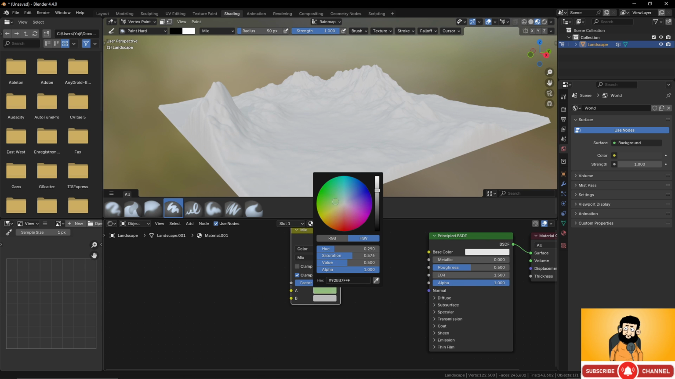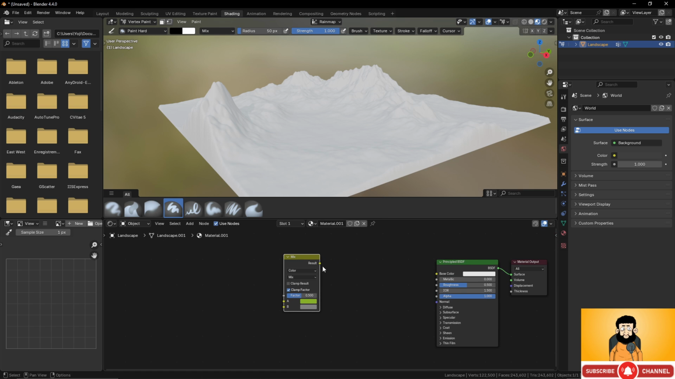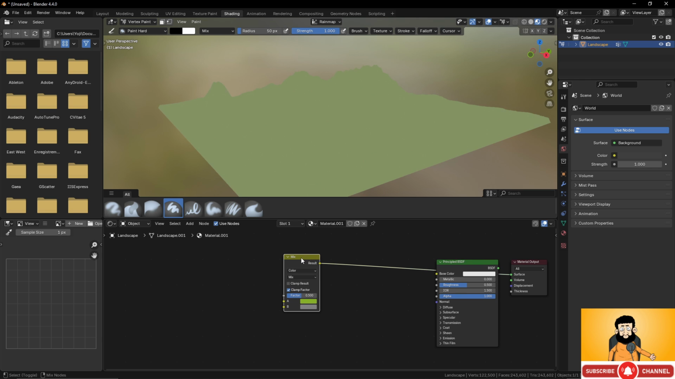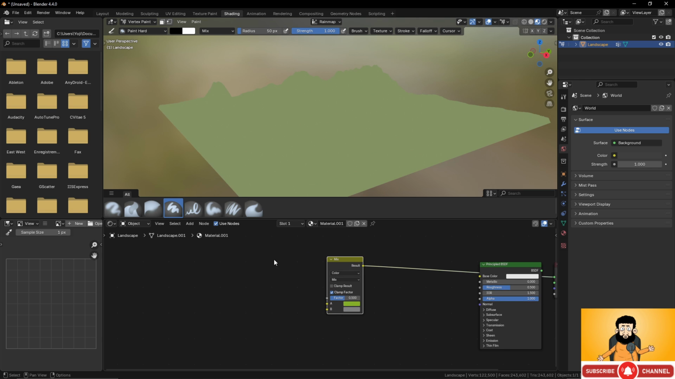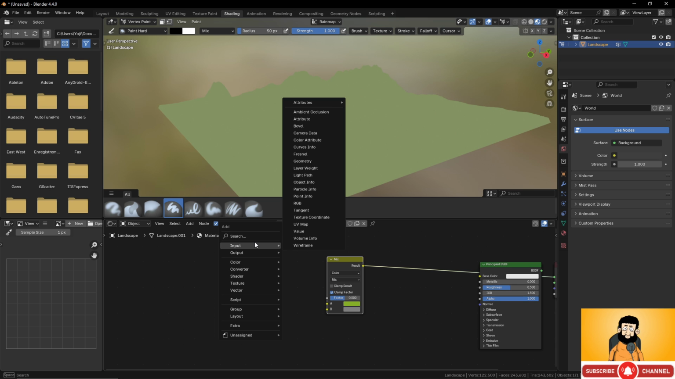It will be a mix between the green of the grass, let's say something like that, and something like this here, and the gray of the rocks, just like this. So we have a mix. By default it will come out like this, but we will use the first map that we have, the height, and it was here. So you will go with input,